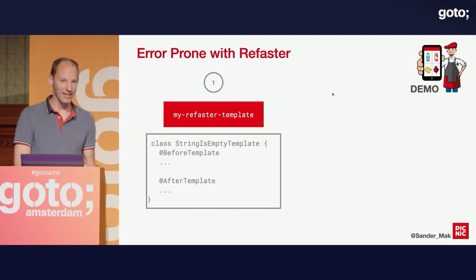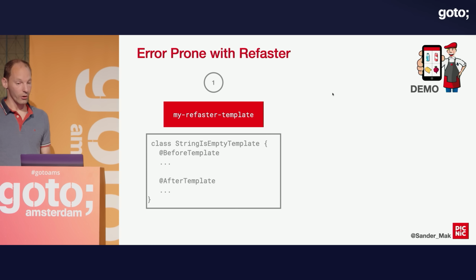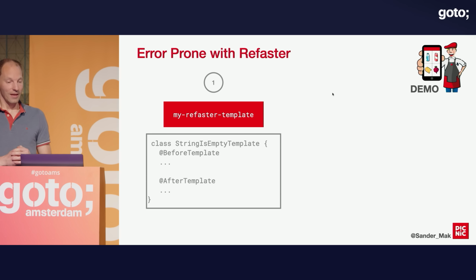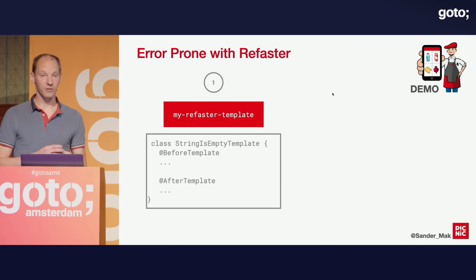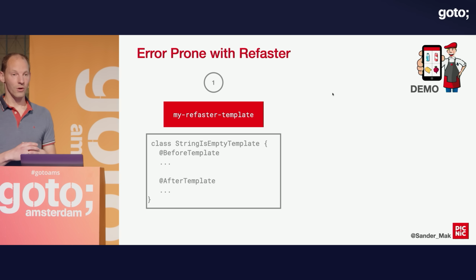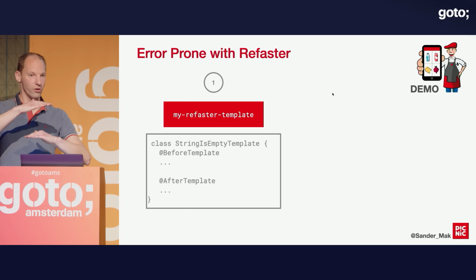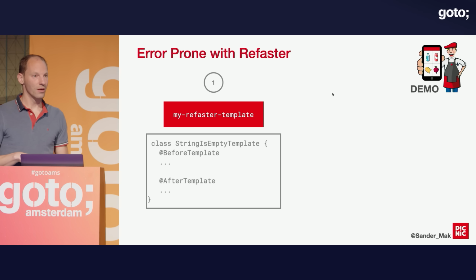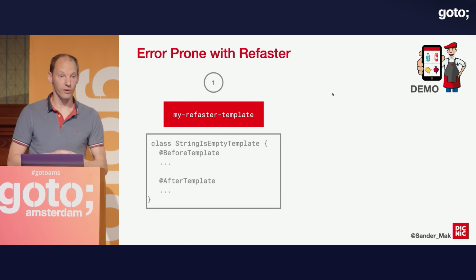So I'm going to show a third and last demo for that, where we are going to create such a Refaster template. And the setup there is that we, again, have a new Maven project. In this case, it will contain a string isEmpty template class. And we're going to have multiple methods on there. And we annotate one or more of these methods using the add_before template annotation, which says, OK, if you see structurally this kind of code, that's where we want to match. And then in the after template annotation, we can write the code that we want it to be transformed into. So it's actually a rewrite rule that we're expressing using